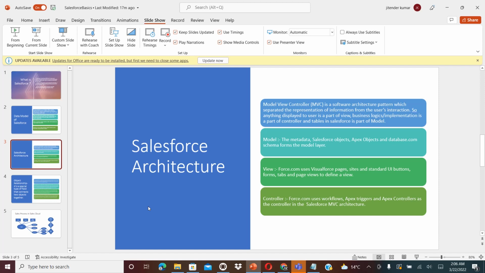And the controller is the logic that you are building, or that is already part of the processes that come with the standard app in Salesforce. So Force.com uses workflows, Apex triggers, and Apex controllers, which constitute the controller in the Salesforce MVC